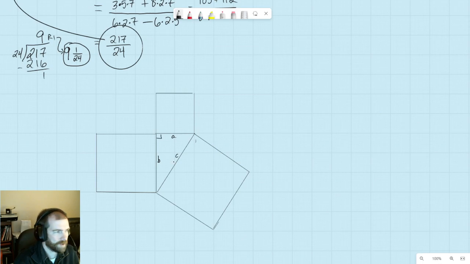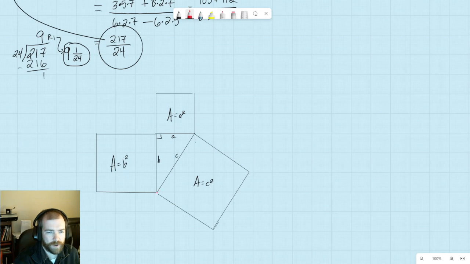It's a right triangle, and these are squares attached to it. So the area of this thing is equal to c squared. The area of this thing is equal to b squared. And the area of this thing is equal to a squared. You can prove the Pythagorean theorem, a squared plus b squared equals c squared, by doing geometry and doing the whole